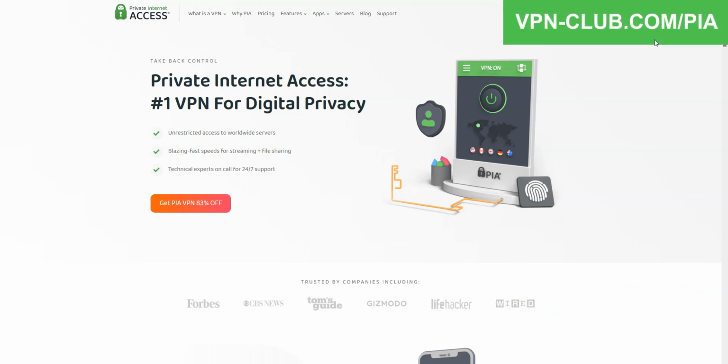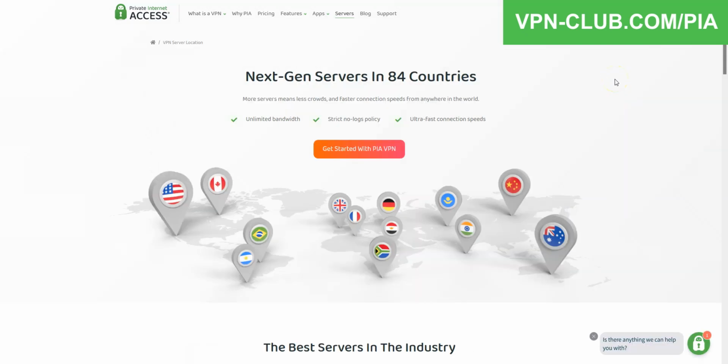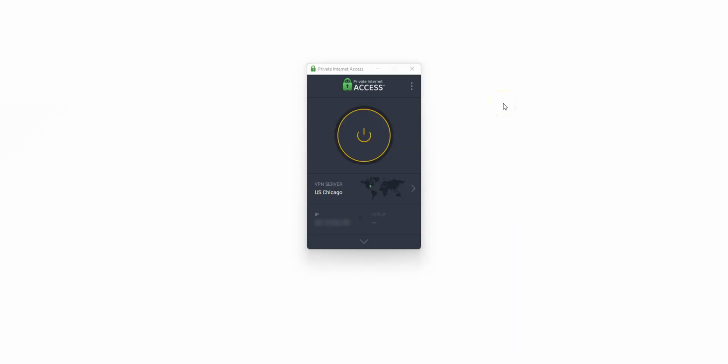Alright, now let's talk about Private Internet Access. PIA is a popular VPN provider with a large network of servers in 84 countries. A large portion of these servers are in the US, which makes PIA a great choice if you mainly want to connect to US servers. It's a safe, reliable and fast VPN, pretty good speeds, no bandwidth limit, a no-log policy. That's pretty much everything you're looking for in a VPN. If you've ever wanted to get more familiar with Private Internet Access, this video is for you. I'm about to show you exactly how to use this VPN and enjoy all of its benefits.